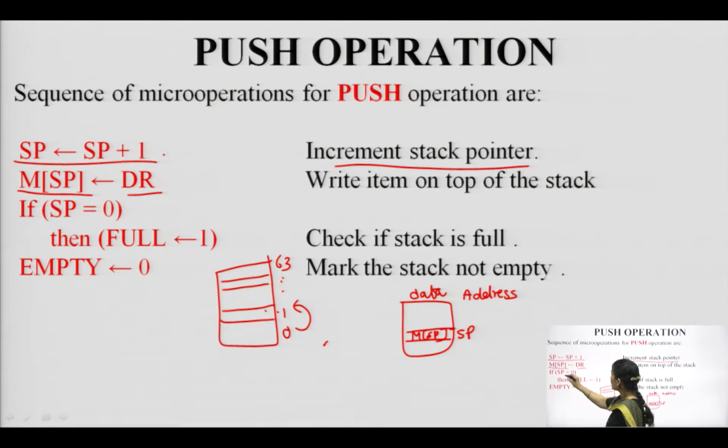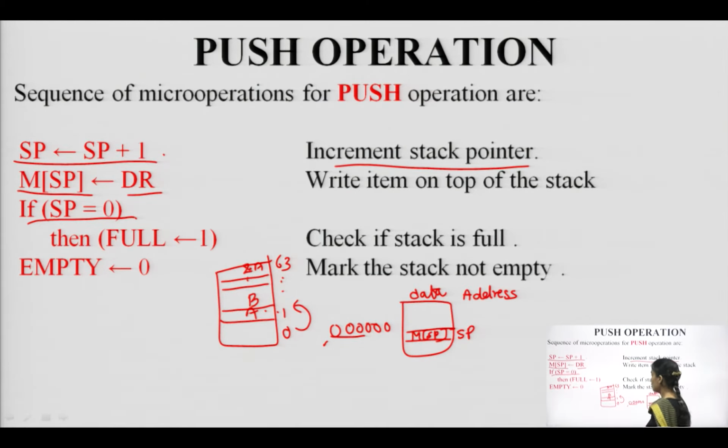Now, from this we will first check whether we have approached SP equal to 0 by our successive additions. That is, suppose I was at 6 times 0, I have inserted the first element at the first position A, then the second element is inserted at B, and so on, until I have reached 63. Fine. Then again the stack pointer is incremented, that is, when we have reached 6 times 1,